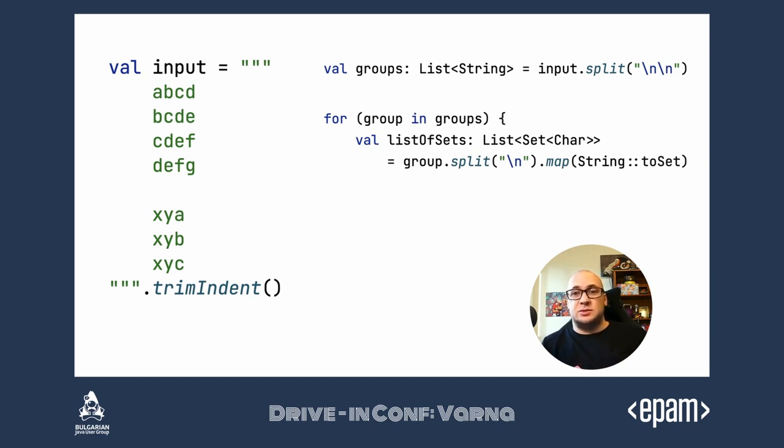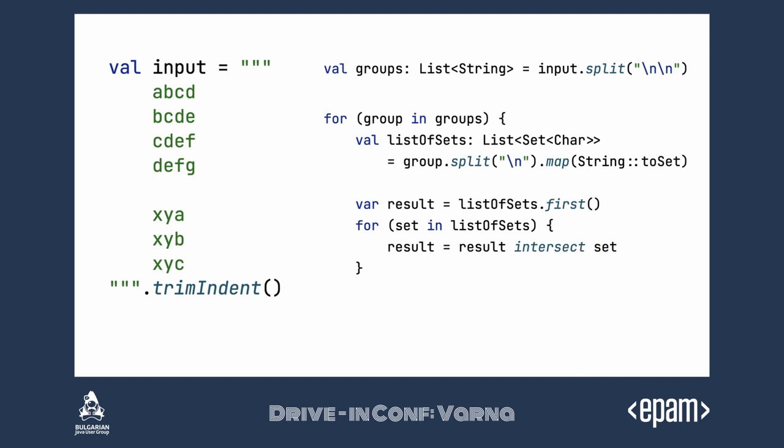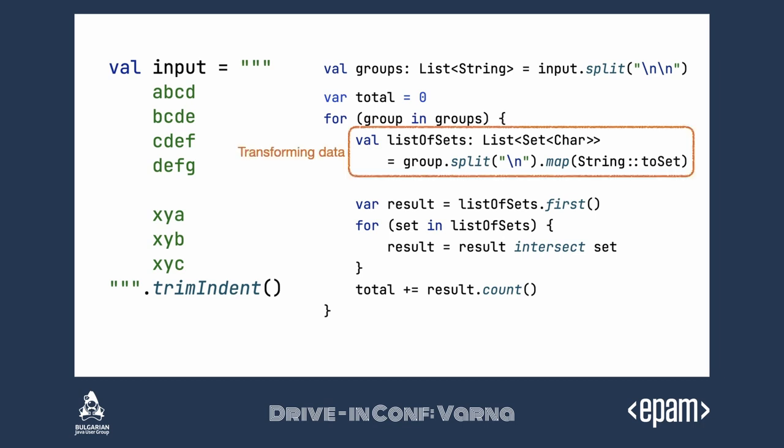every line into a set. And then to find the final answer, I would iterate over all the sets and find the intersection to keep only the characters that are present in all the sets. And finally, I have to take the count and sum it up. In fact, in this loop, we have 2 sections. The first section is transforming the data before the calculations, and the second part is where we actually calculate the